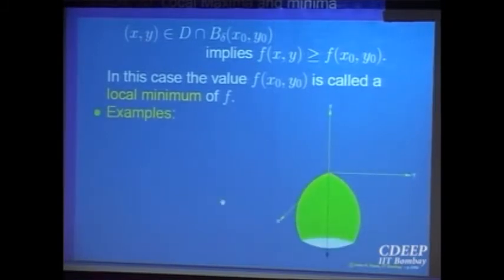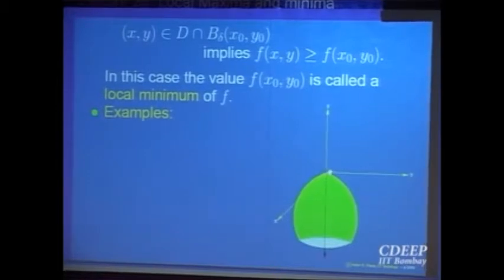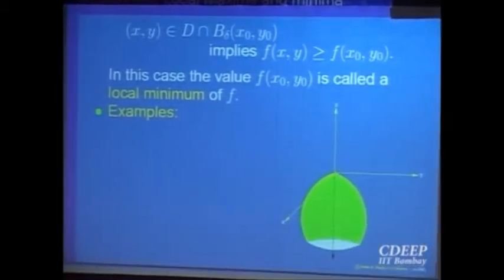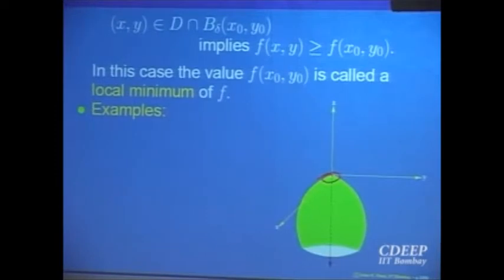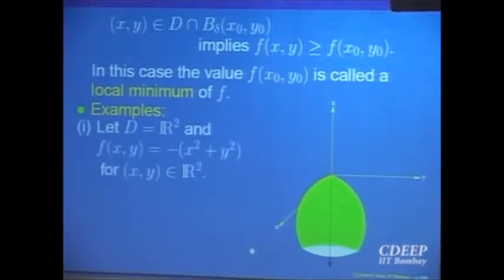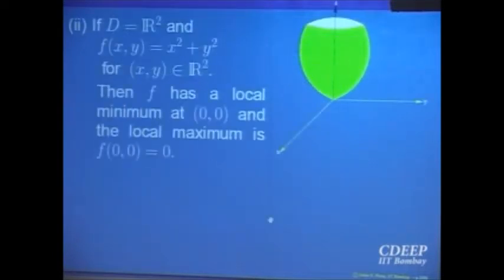So let us look at examples. Supposing your function of two variables, z is equal to f(x,y), looks like this, right? Then you can already see that this is a point of local maximum, right? So this point, the tip, is a point of local maximum for the function. So one such function you can define easily. So you can define the function to be f(x,y) equal to minus (x square plus y square) for all (x,y) belonging to R2, right? Minus, then it will go down. If you don't put the minus sign, where will the graph be? It will be up, and the point (0,0) will be a point of local minimum, right? So simple examples of local maximum and local minimum for functions of two variables.